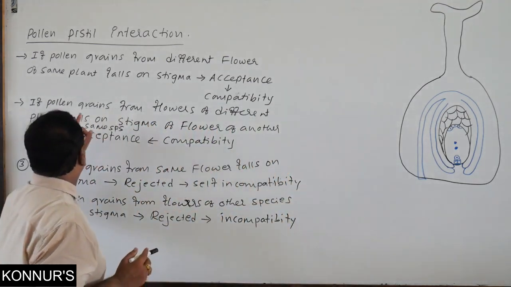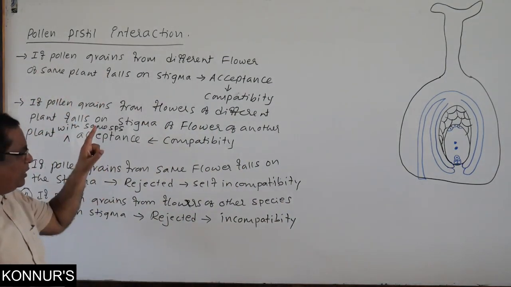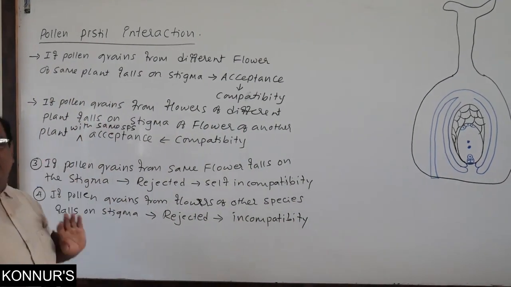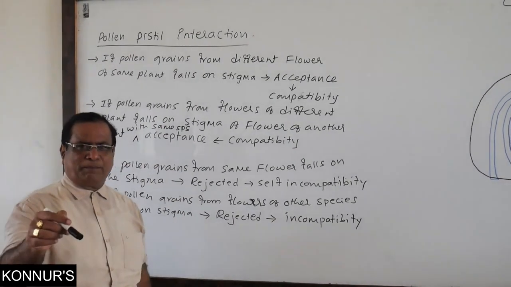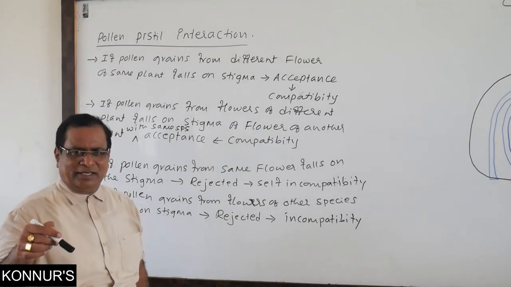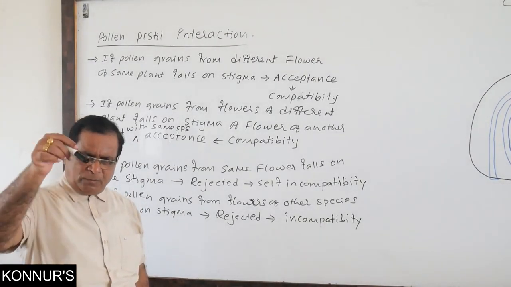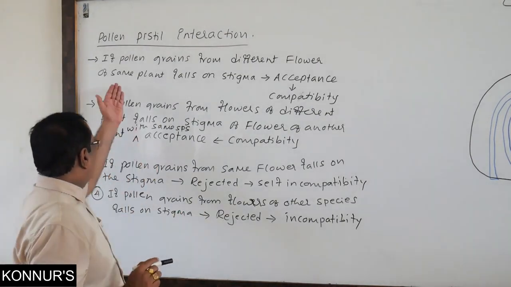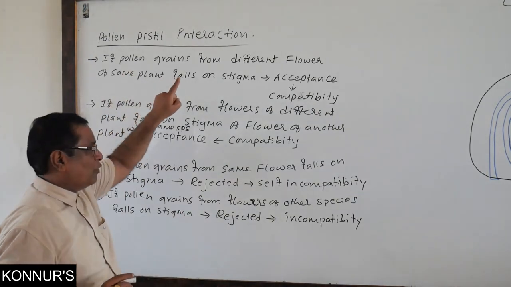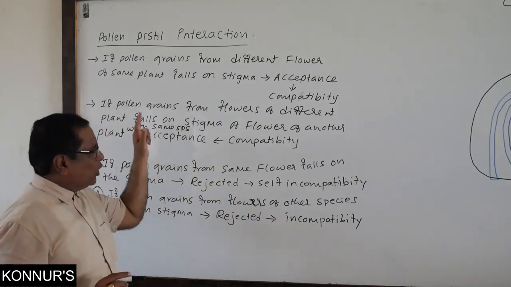First condition, if pollen grains from a different flower of the same plant, because the plant is monoecious, where male and female flowers are present on the same plant, fall on the stigma,